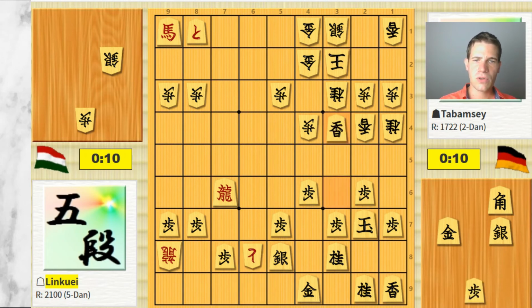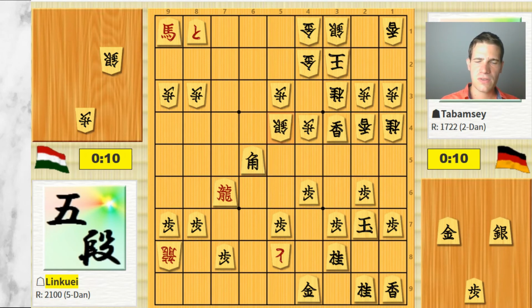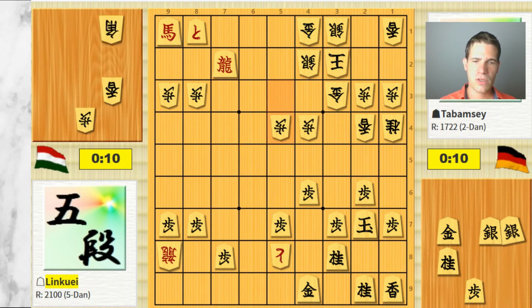So after the gold moved, I attacked, and he just took my silver. Again, just taking back is definitely an option, but I went out for an attack with the bishop drop right now. So maybe this is a little bit too much because in the end, he can just drop a silver, and now I have to sacrifice the bishop. So takes, promote. I sacrifice the bishop, and now in this position,